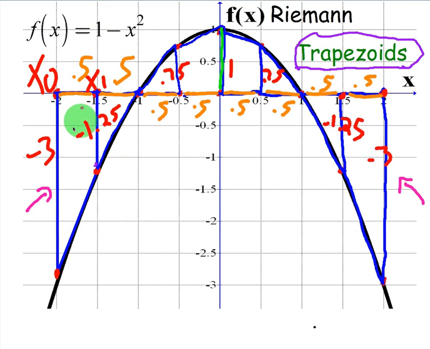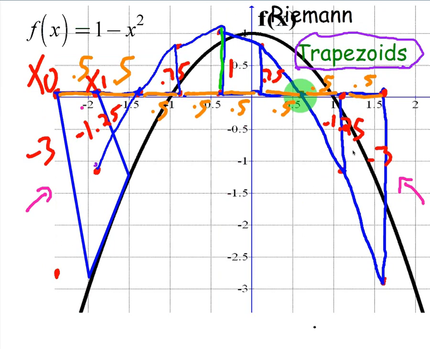You can see again that trapezoid is a good method because it tends to hug the graph of the curve better than, say, the rectangles. We can see that the base of each of these trapezoids changes, starts at -3, goes to -1.25, this one is 0, 0.75, all the way back to -3. As we talked about before, the middle bases of these trapezoids